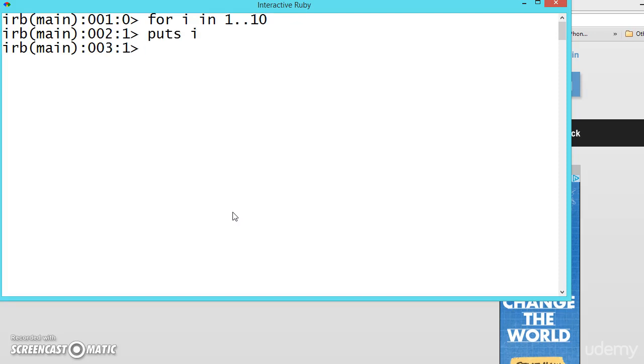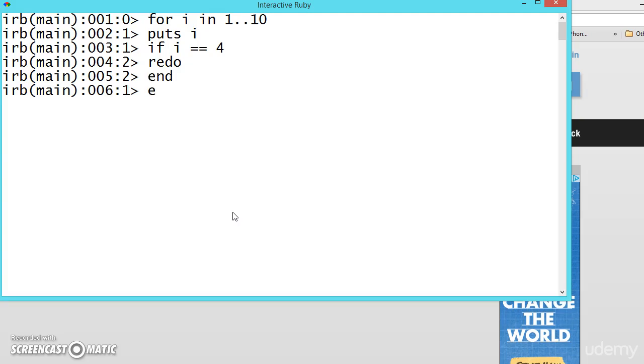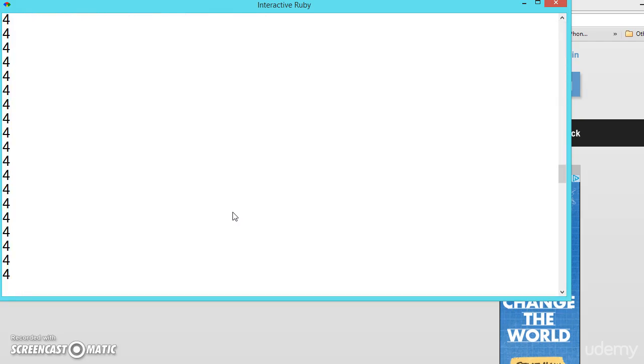Puts i, and now let us say if i is equal to 4, then print, let us say redo first, redo, and puts, let us redo, end. See here, whenever i becomes 4, it will be in the infinity loop.